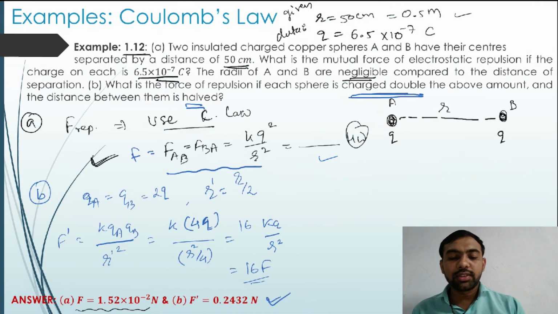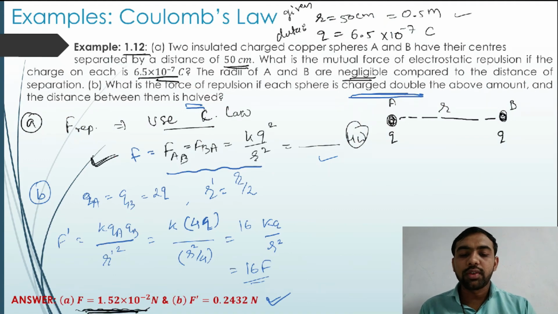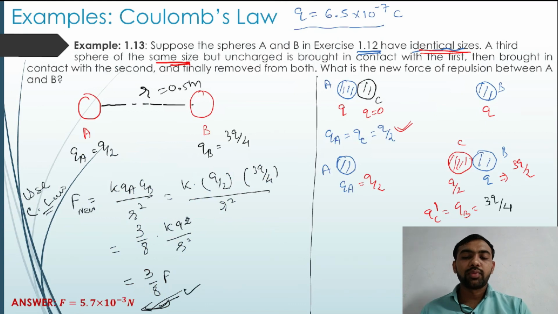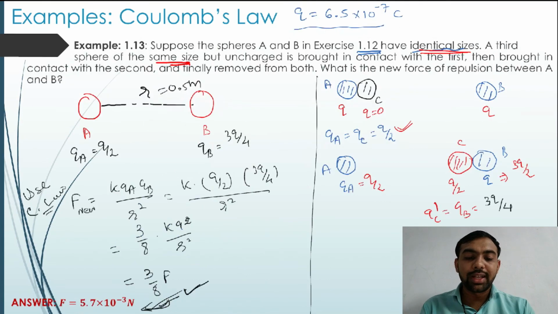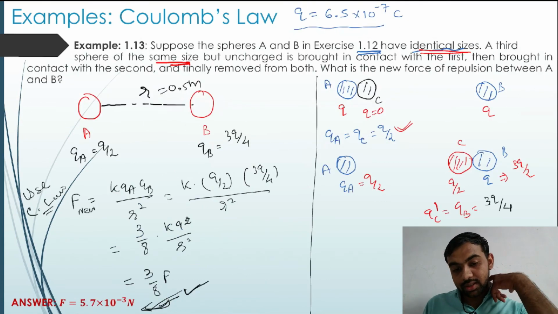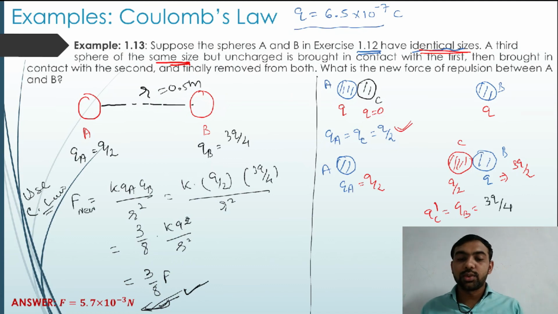F की वैल्यू क्या पुट करनी है? देखो यहाँ पे F की वैल्यू क्या आई है? 1.52 × 10⁻² है, तो यहाँ पे वो पुट कर दो, then you get the final answer. 3 by 8 into 1.52 into 10⁻², तो आपका आंसर क्या होगा? 5.7 × 10⁻³. ओके, ऐसा कुछ आंसर हो जाएगा.